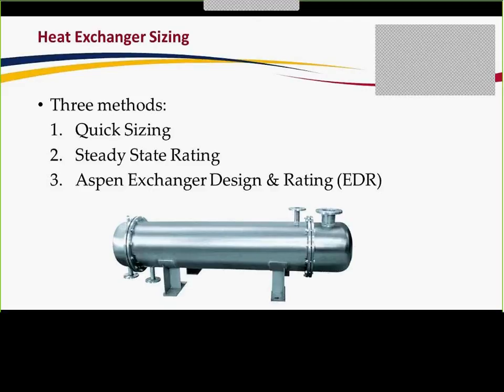So the quick sizing method was a really simple calculation that involved pulling values from HYSYS for the flow rates, and then after a series of equations, we got a required area, which we then used to find what appropriate heat exchanger we needed. For the shell and tube heat exchangers, we had to choose what TEMA types we were using, so we had to learn a lot about that, and also a few basic designs, such as which side